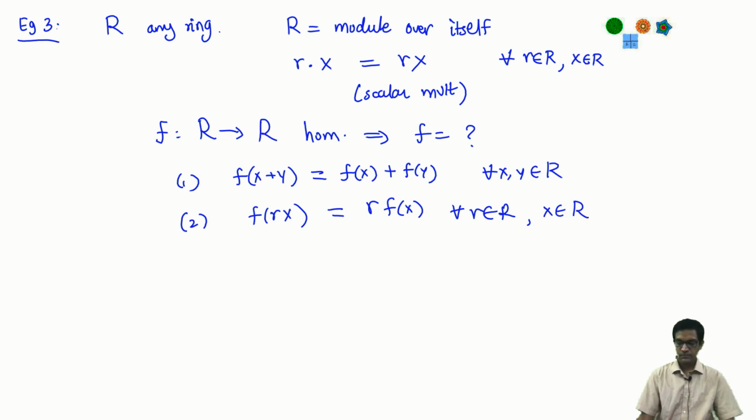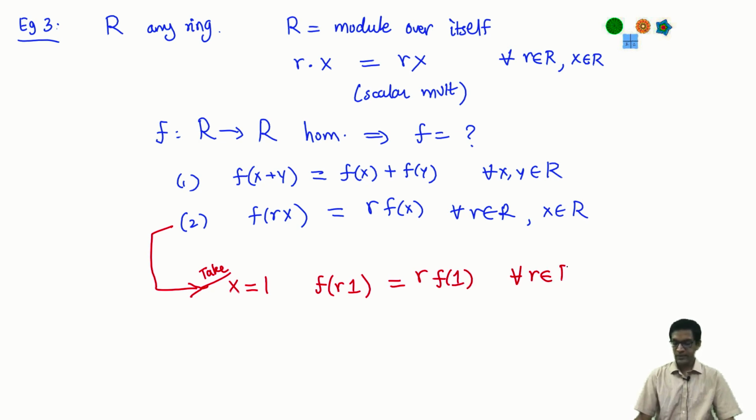for all r, x in R. Now again, like we did before, let's use the second property. That's the one which usually gives us something interesting and non-trivial. So in this case, let me just take x to be the identity element of the ring. Take x to just be the element 1 of the ring R, and now let's see what I get from that. So I get f of r scalar multiplying 1 should just be r times f of 1. Okay, and this should be true for all ring elements r in R. I fixed x to be 1 here.